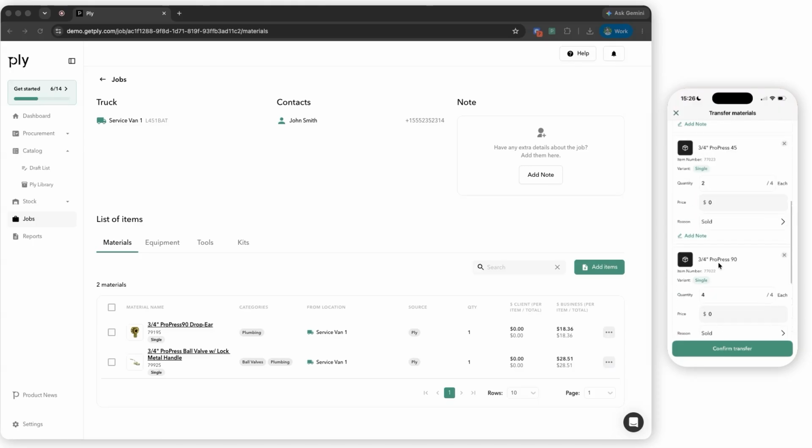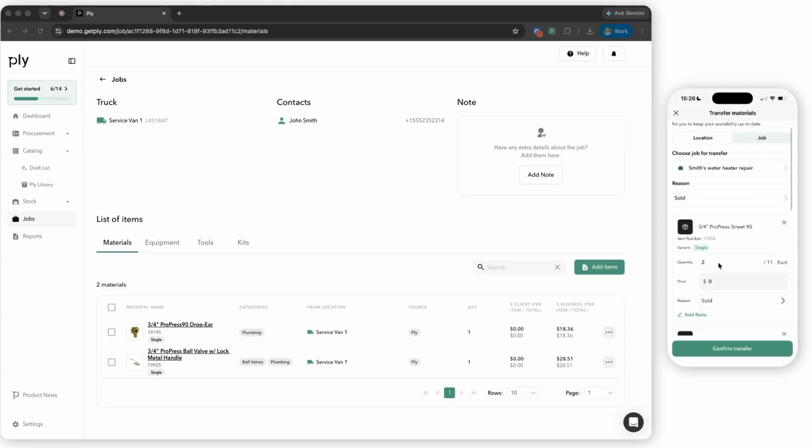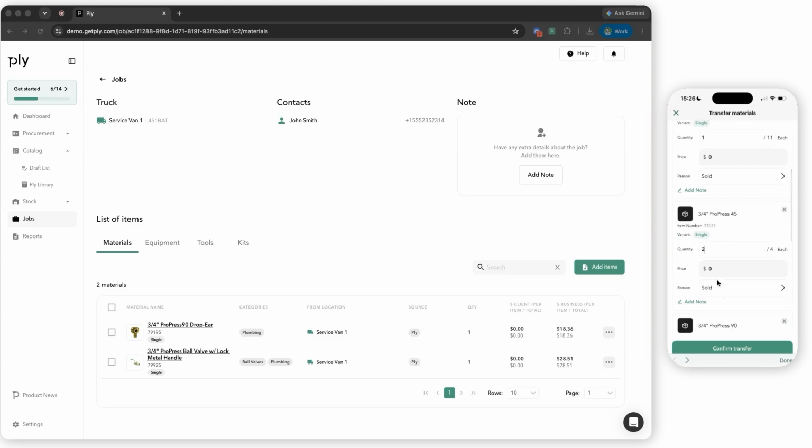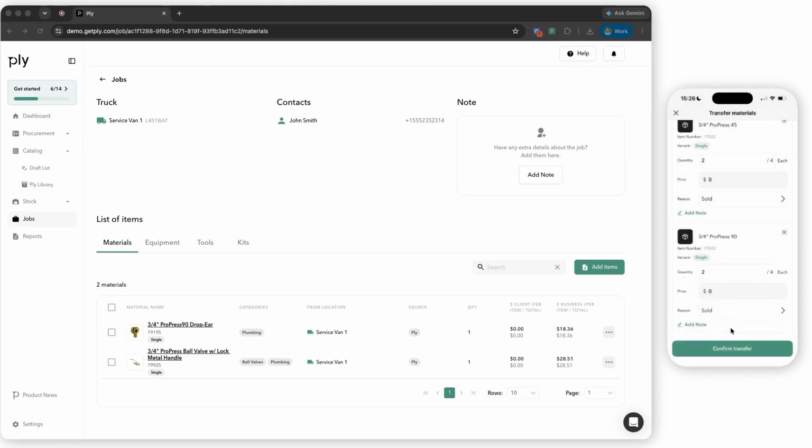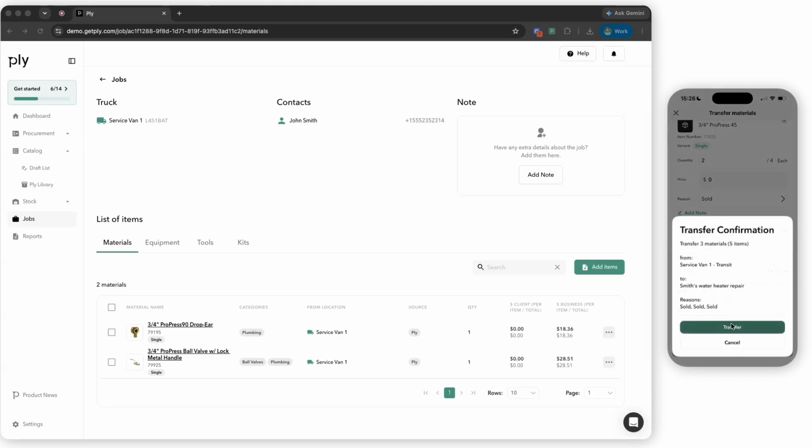The pre-selected quantities are already filled out, but perhaps we're only going to use 1 of this fitting, we'll keep the 2 of those. Maybe we're only going to use 2 of this fitting, and we're not going to use this reducing fitting at all. So we can remove it from the list. Now, when we confirm the transfer